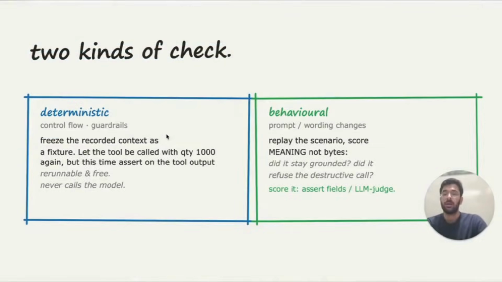So we just saw how Chronicle not only records your agentic sessions, but it also uses those recordings as test cases. Now, when we talk about testing in AI agents, I want to draw a very clear distinction here. There are two ways of testing AI agents, and both of them are equally important. There's the deterministic testing and then the behavioral testing. The deterministic testing applies to, obviously, the deterministic nodes of your agent graph. This could be your guardrails or your tool calls.